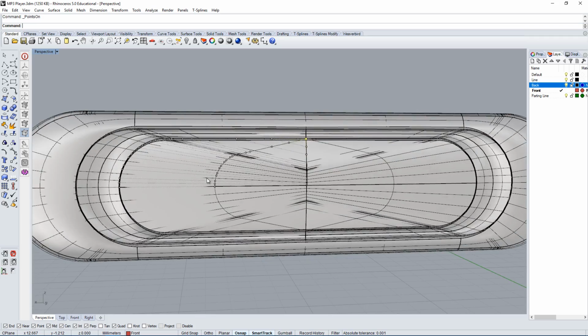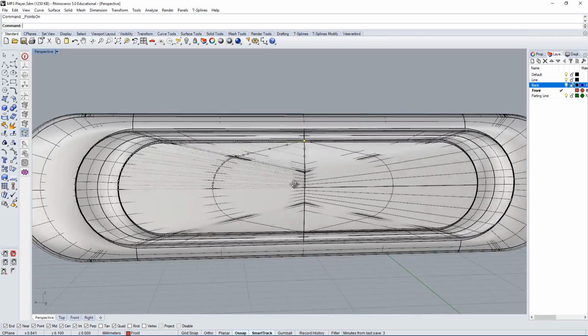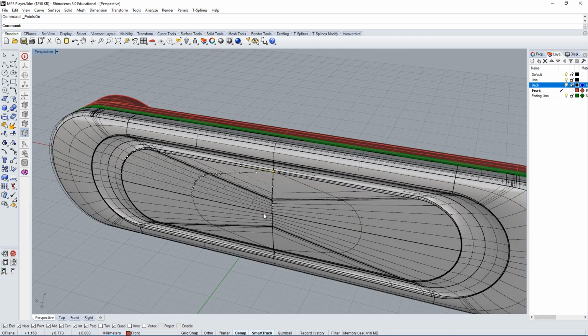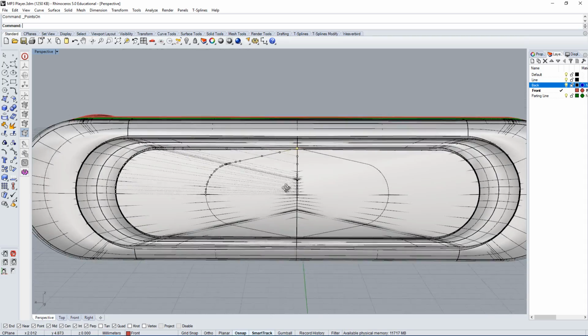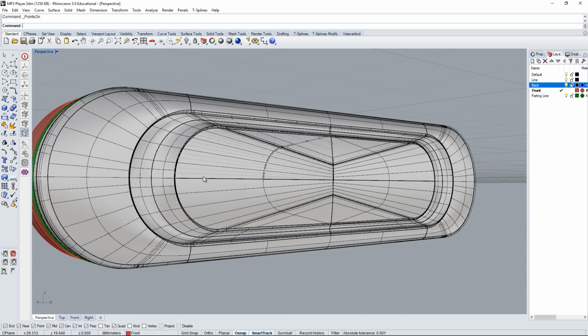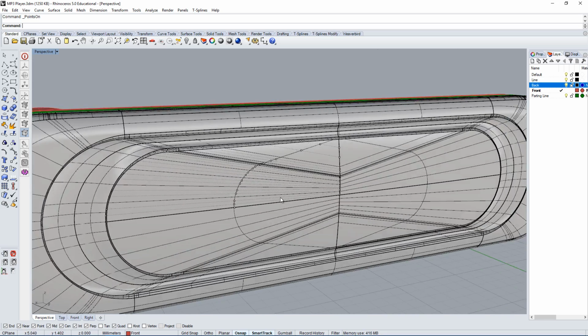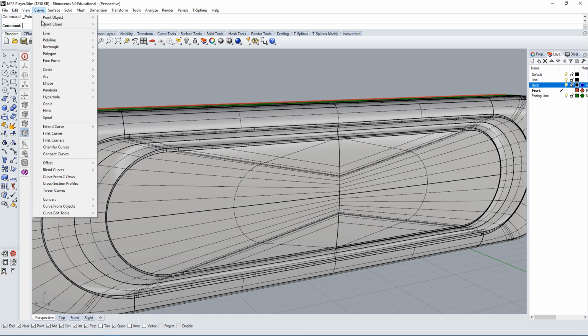So basically, to fix it, you have to discard this surface and build something else. So that's the first thing you need to know about building this type of object. Now there's two ways to do it. One would be replace the entire thing with one single surface, or you can reuse some of the edges that were used originally. So what I'm going to do here is I'm going to go under the curves